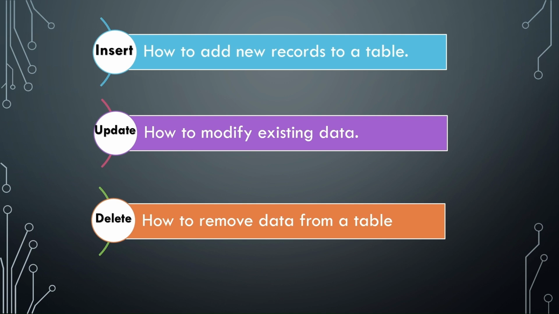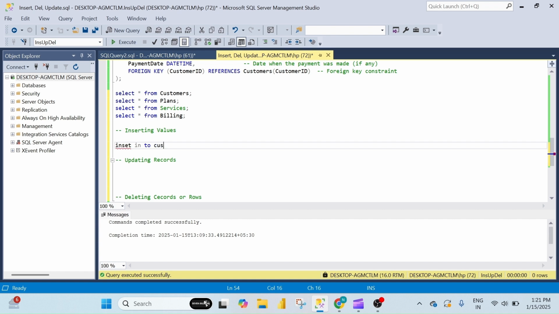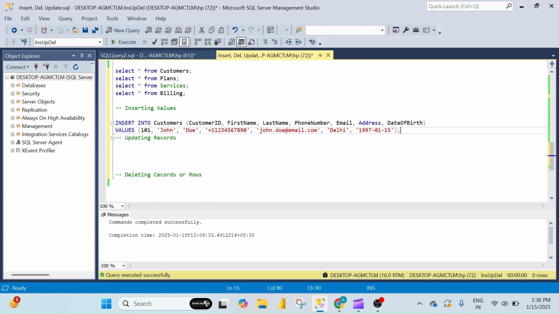This is how we add new records to a table in SQL Server. Imagine we have a table named Customers with the following columns: Customer ID, first name, last name, phone number, email, address, date of birth and registration date. Here's the SQL query to insert a new record into the Customers table. Insert into Customers, Customer ID, first name, last name, phone number, email. Values 101, John, Doe, +1 234 567 890,